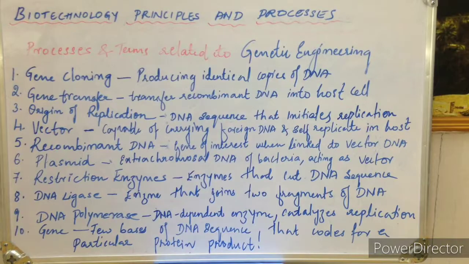And last we are going to see what is the gene. So everywhere it is gene transfer, gene cloning, right? Now what is this gene? A gene is a segment of DNA sequence, or a few nucleotide bases together form the gene. And some genes instruct the production of protein, okay? It is going to instruct the protein synthesis. When a protein has to be synthesized in the body, everything is controlled by these DNA sequences only, known as genes. What type of protein is formed, what type of hormones are formed, everything is because of the gene. So genes are small segments of the DNA sequences.